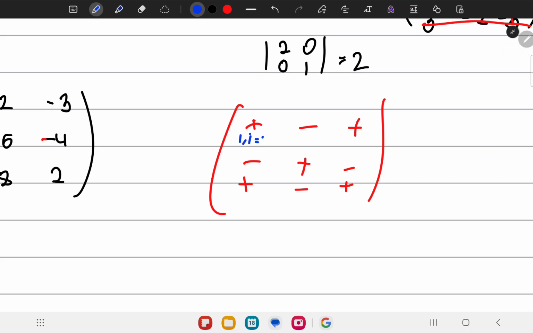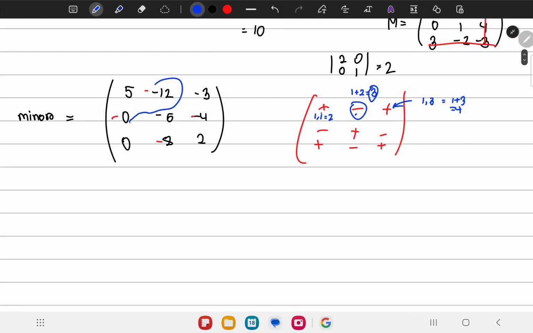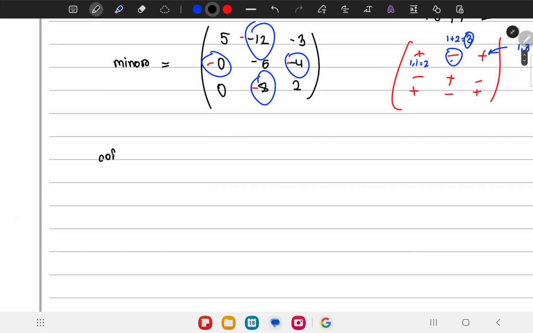If you add them, you get 2. For this, the minus, you have row 1 column 2, 3. This is odd, so this is a minus. This one is 1 comma 3, so 1 plus 3 is 4, and so on. You just need to remember that these 4 values are negative, so the cofactor